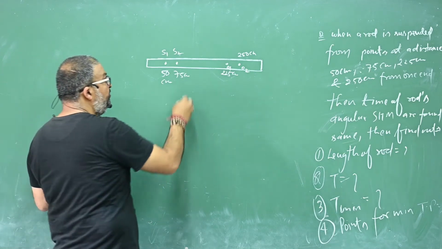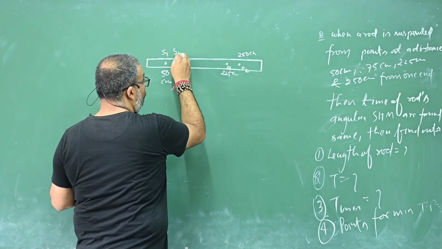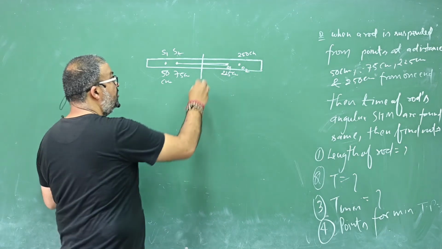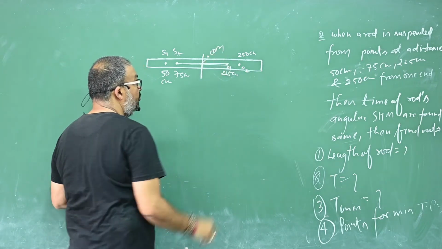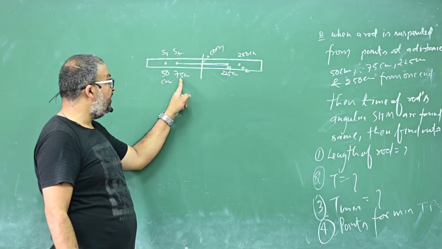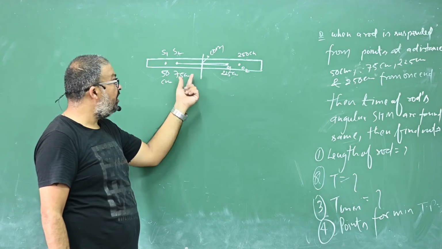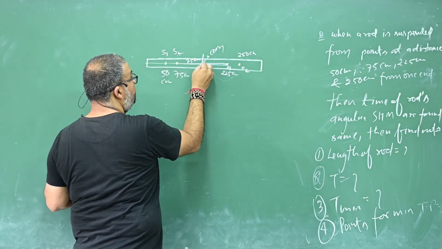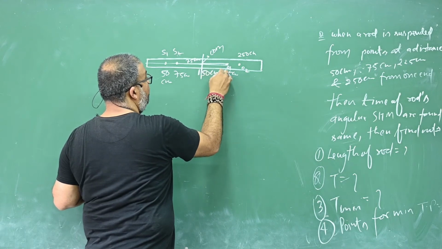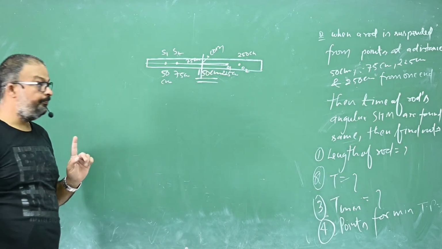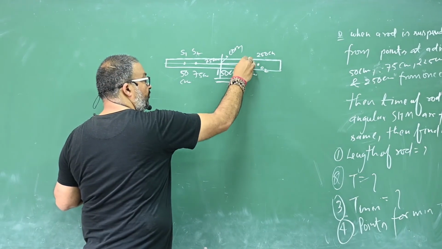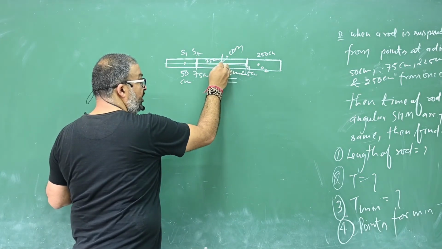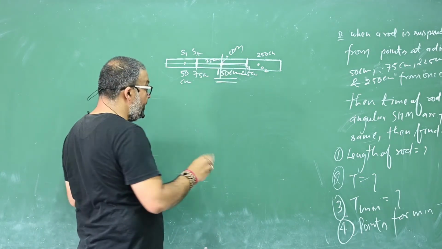Okay, number 2: this is S2 and this is O1, both are at the same distance from the center of mass. Am I right or not? So 225 minus 75 is 150 and half of 150 is 75. This distance is 75. So 75 plus 75, this point is at 150 centimeters. Got it or not? Again, this is point O1 and this is point S2, and both are at equal distance from the center of mass. Do you remember?